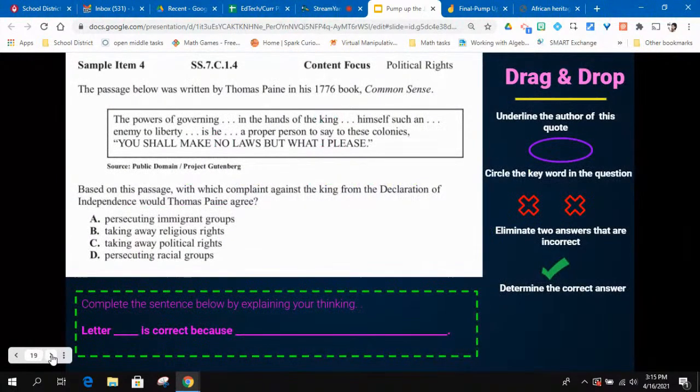And then my third and final example of ways in which we could do this connects to what Carrie was sharing about annotating text, marking up that text. You can do that in Jamboard, this is another great feature. And we're doing that this time with a sample test item. We're going to ask the students to mark up that test item with some prompts here on the right-hand side. So underlining the author, circling keywords, eliminating answers, and then ultimately not only determining the correct answer, but